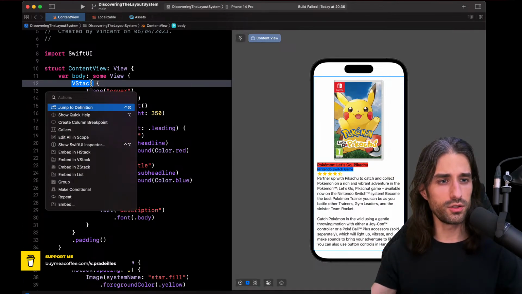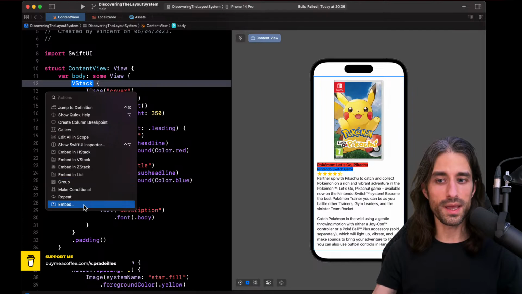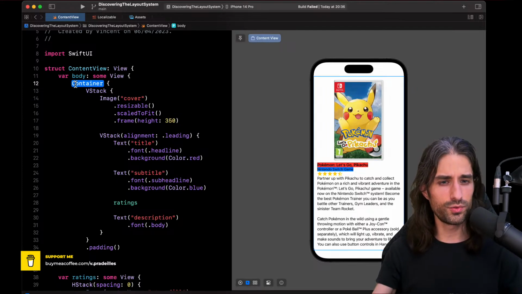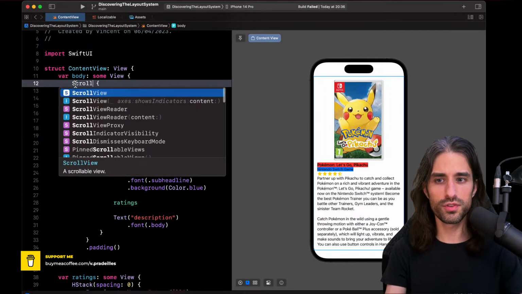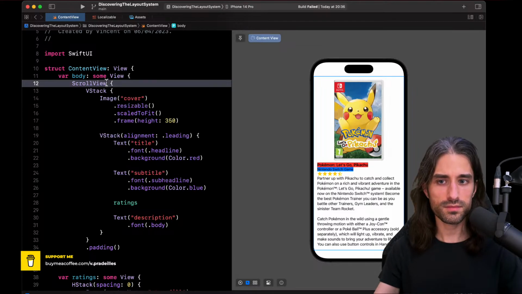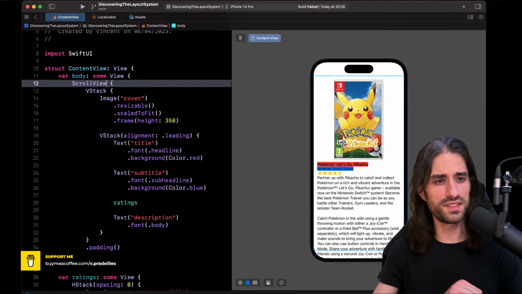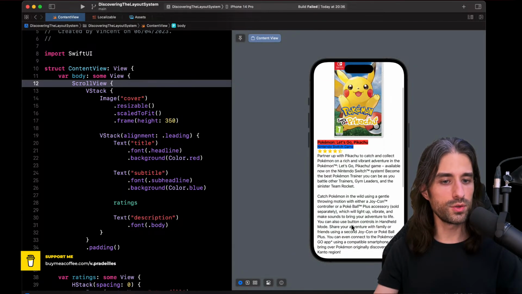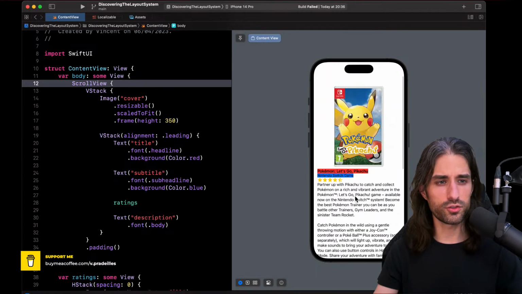We can do it using the helper in Xcode. This way we don't have to manually move the code. So here you would choose embed, because there is no embed in scroll view among the shortcuts, but we can just do embed. You see it writes container, but there is no SwiftUI view called container. We are meant to replace it with the container we want to use, and we want to use a scroll view as the container. You can see that things have changed. Now the text is being displayed a bit more, it's going all the way into the safe area, and if I go into the live preview, you can see that we can scroll the text.